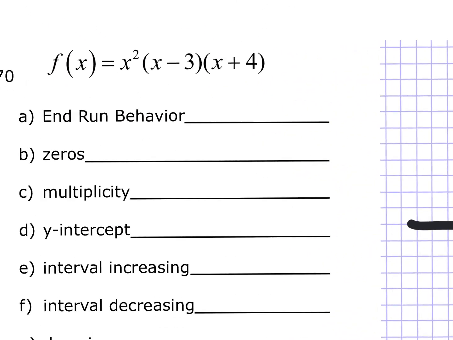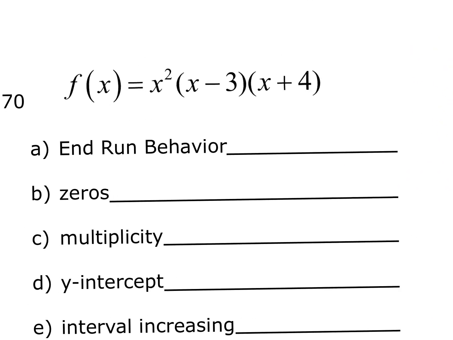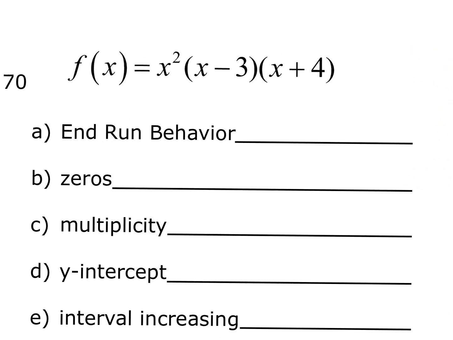So f of x is equal to x squared times x minus 3 times x plus 4. First things first, take a look at our end behavior. Our powers, we've got an x squared, x minus 3 to the first power, x plus 4 to the first power. This is a fourth power, or quartic,